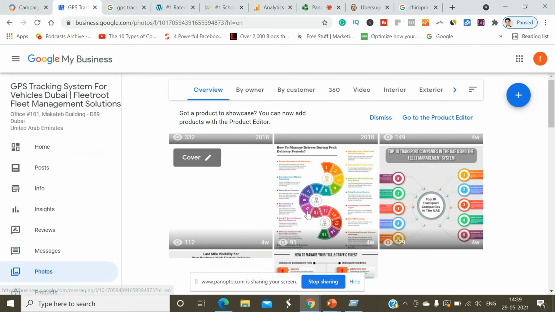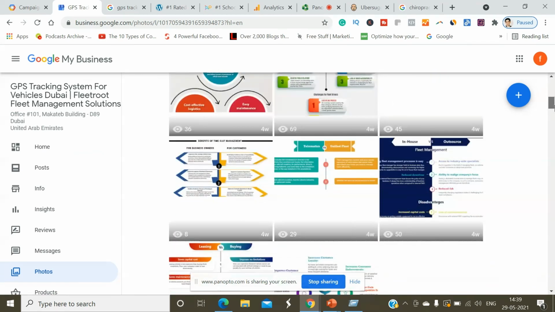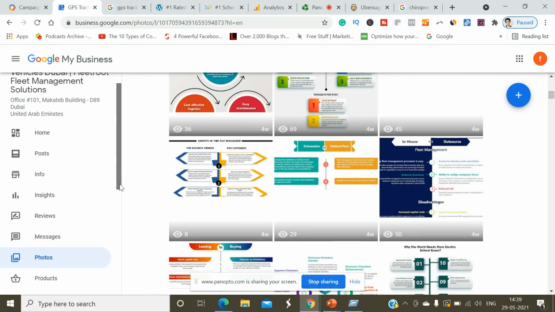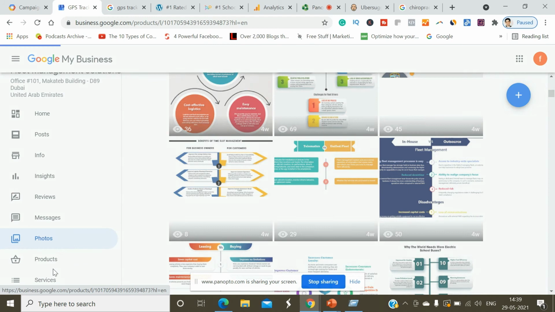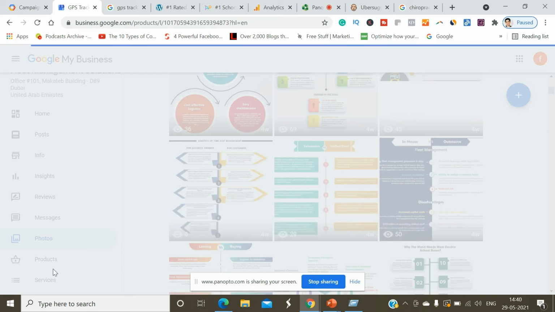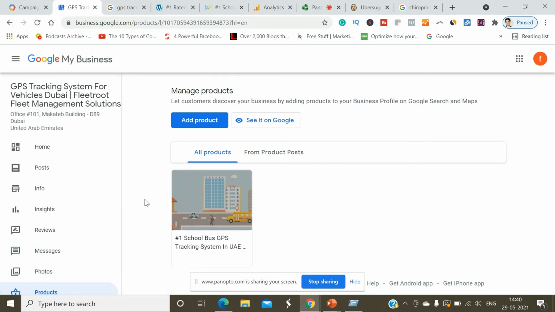See, we have added a lot of interior photos and exterior photos. Plus, we regularly keep adding a lot of images here. We add products. See, here we have added products as well. Okay, so we have added the products, school bus tracking system, UAE.